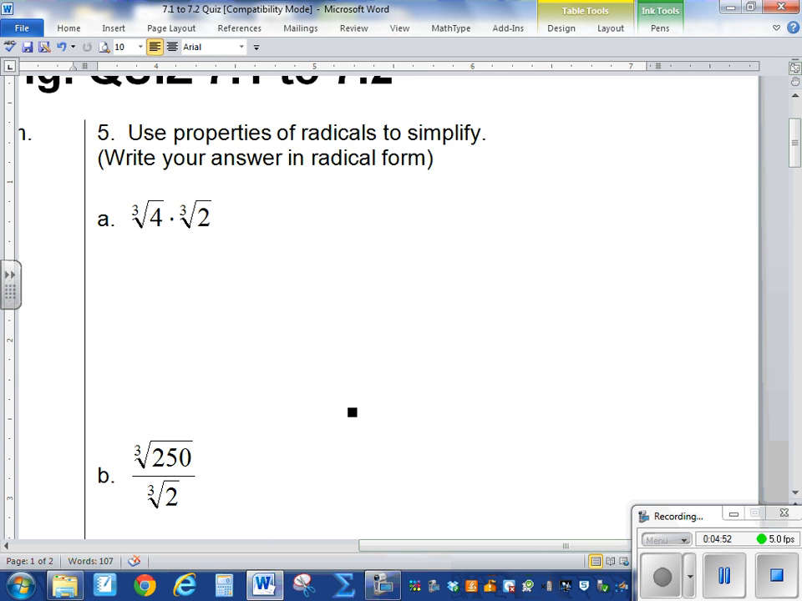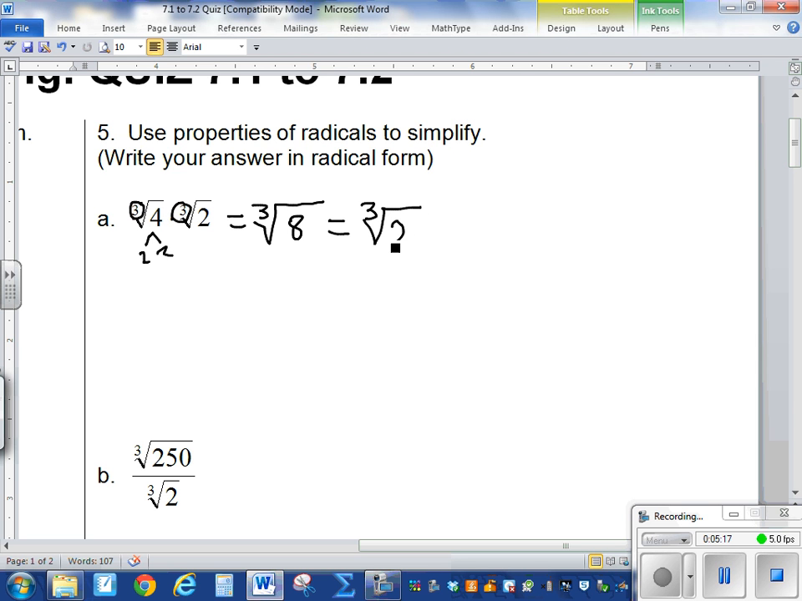All right, so use properties of radicals to simplify. So since they are under the same roots, they're both cube roots, that means you can put them both under the cube root of 4 times 2, which is an 8. Reason why we're doing this is because 4 is just two 2's. That's not enough to bring one out because you need triples. So 8 breaks up into